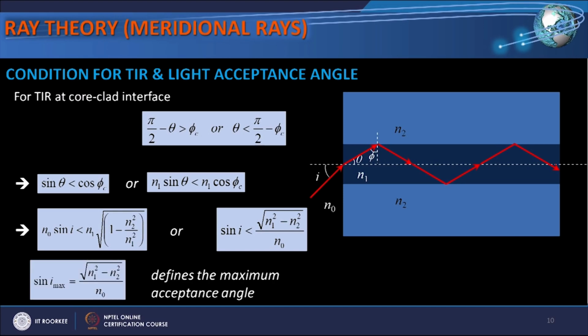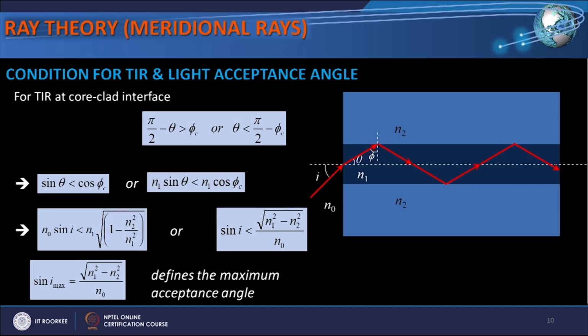So, for the limiting case, sin I max is equal to square root of n1 square minus n2 square over n0, which defines the maximum acceptance angle, which means that if I is less than I max, then there would be total internal reflection at the core-cladding interface and light would be guided